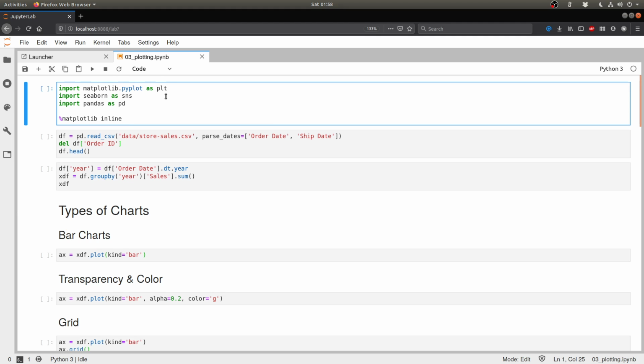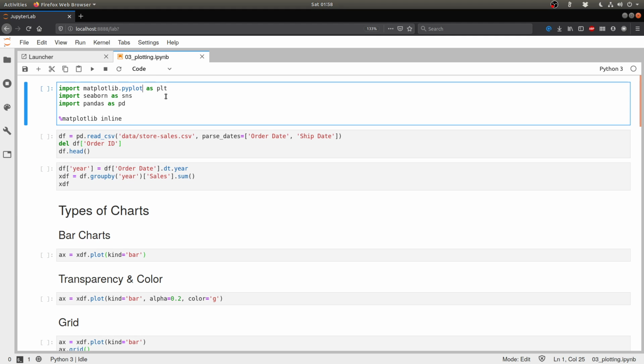Matplotlib is like a low-level library which allows you to play with every single element of a chart, whereas Seaborn is something that works at a very high level, in the sense that it is very much aware of the kind of analysis and the kind of data that you're already giving it, and it makes a lot of assumptions on what sort of data you're giving it, and therefore draws a chart.